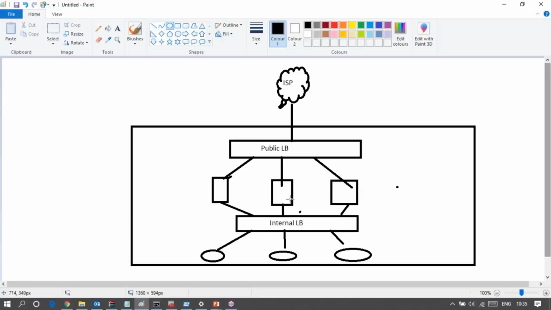When these web services access my database, they send requests to my database, and since I have many databases, which database is there to receive the query and respond? So I put another load balancer before my database servers. The request originated from the VM will again be load balanced and distributed to the databases present behind my internal load balancer. So this is the area where you can use your internal load balancer for distributing the load.